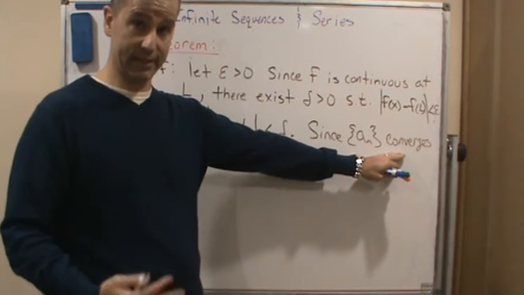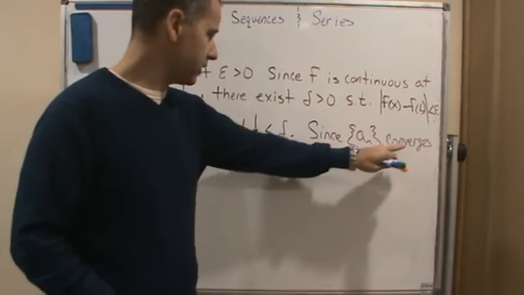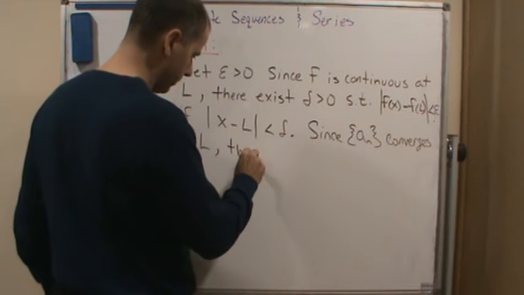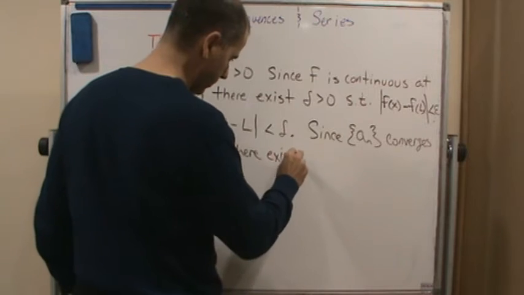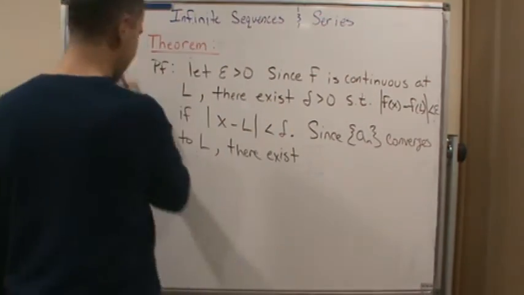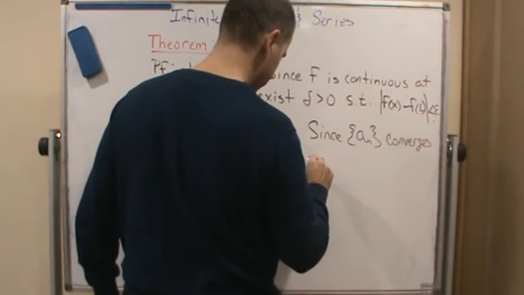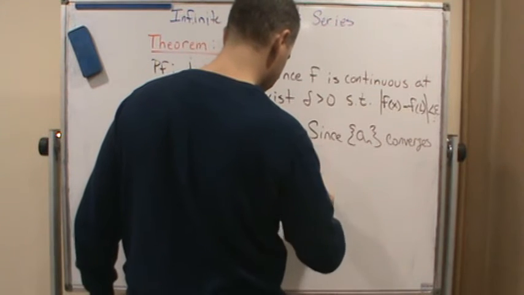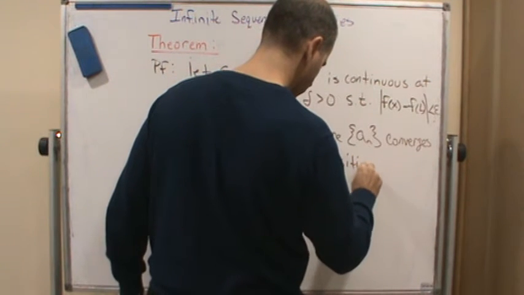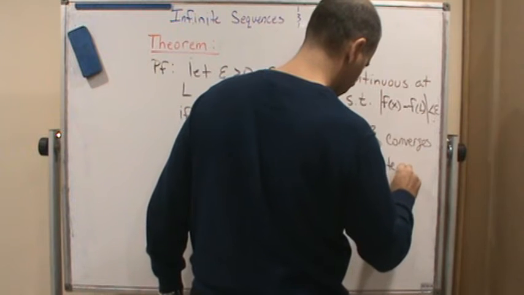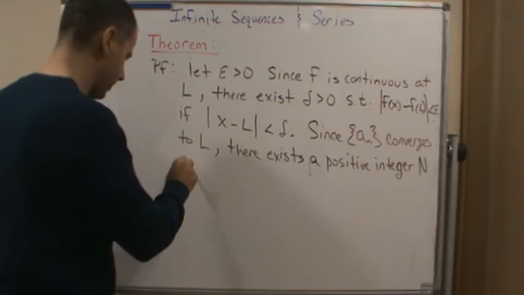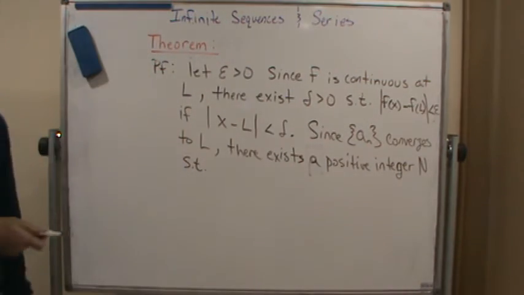Having a convergent sequence, if the sequence converges to L, then there must exist an integer N, a positive integer, such that